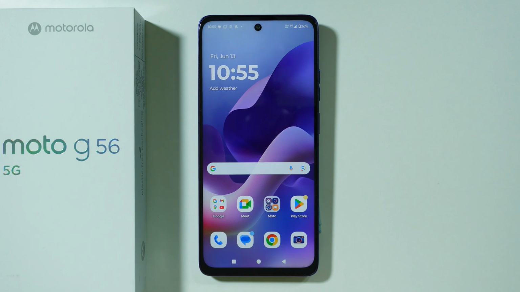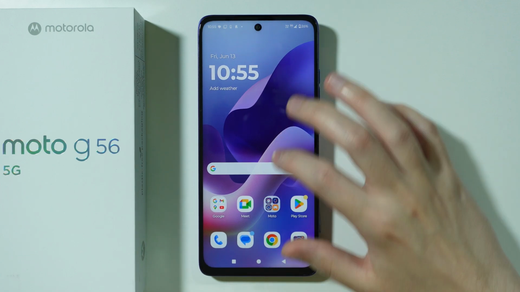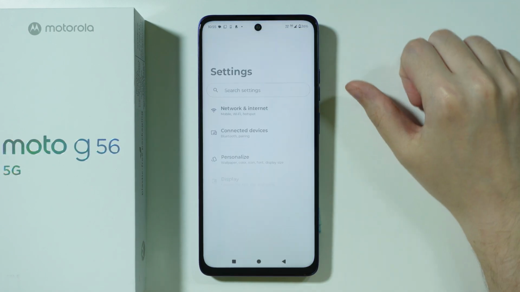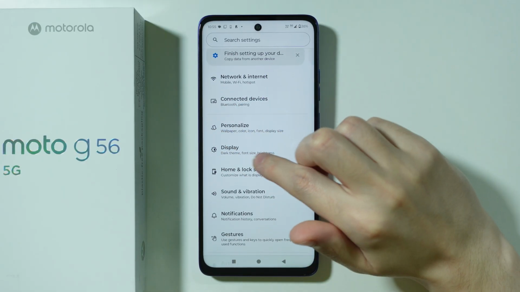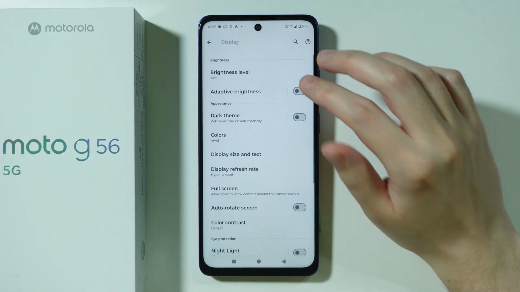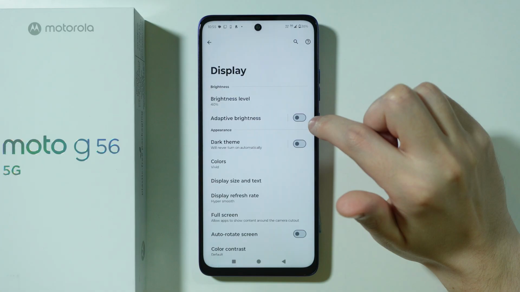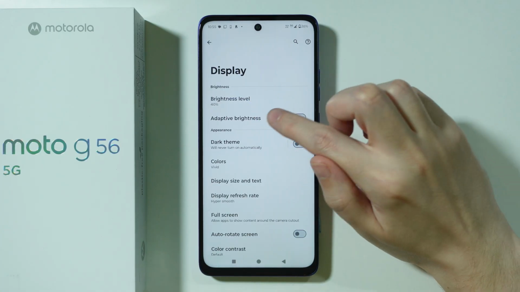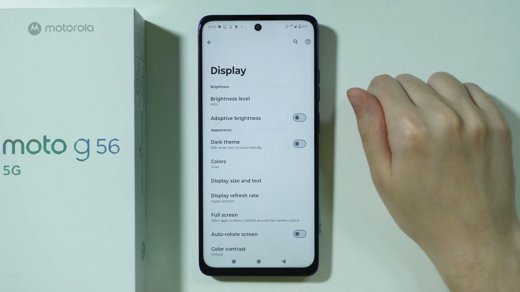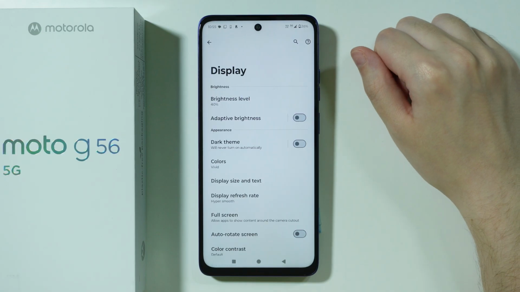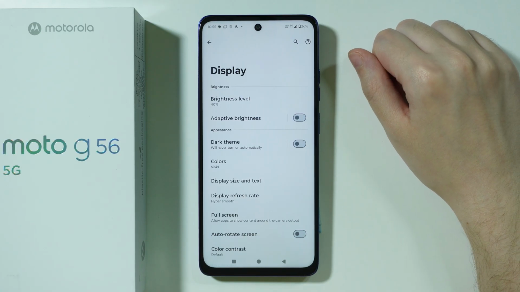Let me show you all display settings available on the Motorola Moto G56. So first of all, we're gonna go to settings, and over here we have our display settings. We can find, of course, brightness settings, so we can adjust the screen brightness over here, and we also have adaptive brightness, which allows you to automatically set the brightness level, and it changes, of course, based on the lighting